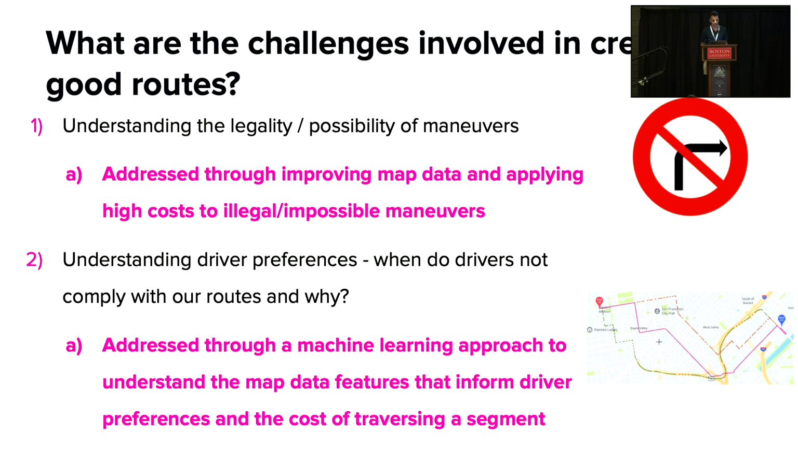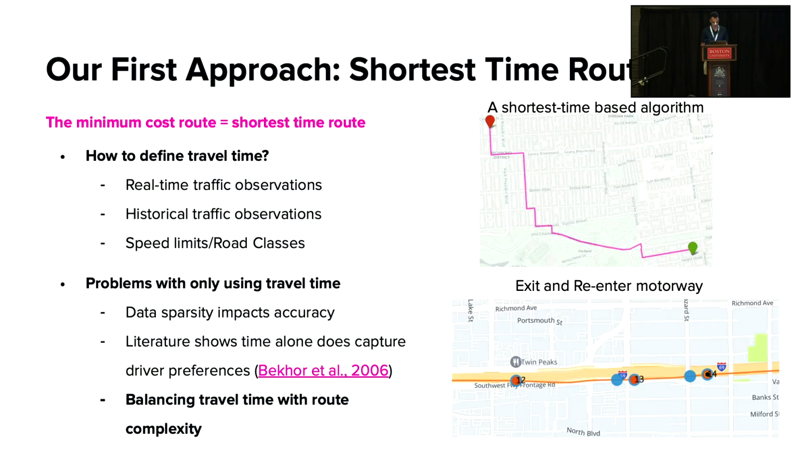What things in the physical world do drivers try to avoid? And how can we use those things to create accurate segment and turn costs? This we address through a machine learning approach to understand what map data features actually inform how drivers navigate throughout the world. When we first started this process, we started with maybe what you would think of as